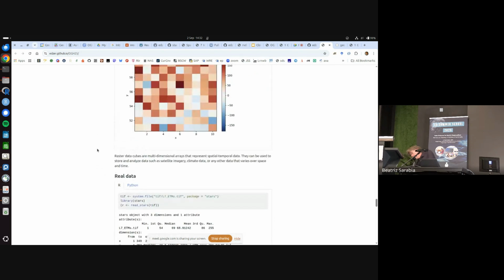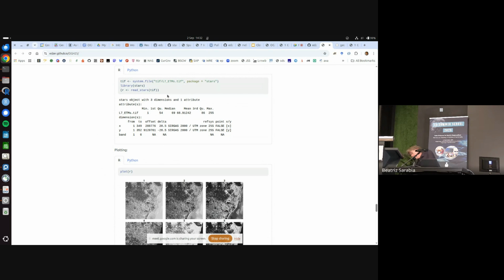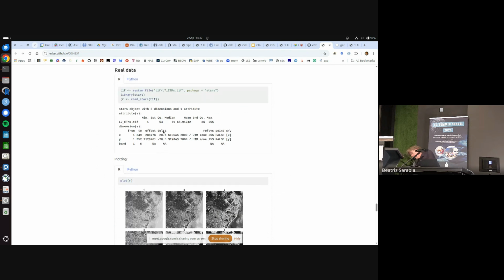So let's do something with some real data. Here is a simple example data set, a small piece of a Landsat 7 image from a long time ago. It's from an area on the coast of Brazil. And we can see here, if we read this with stars, read_stars reads this thing. This is just to find the file on my system. It's in the package structure, and I just don't want to bother where it is, but it knows where to